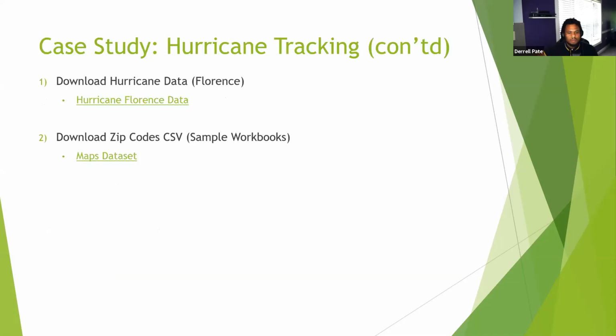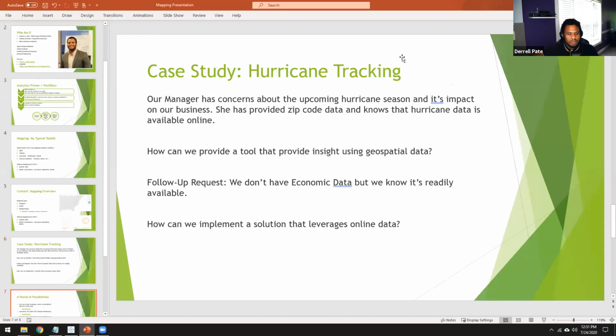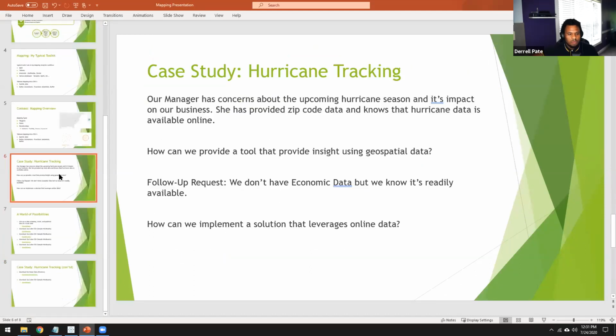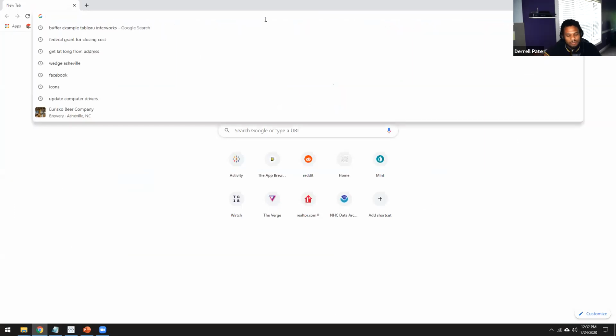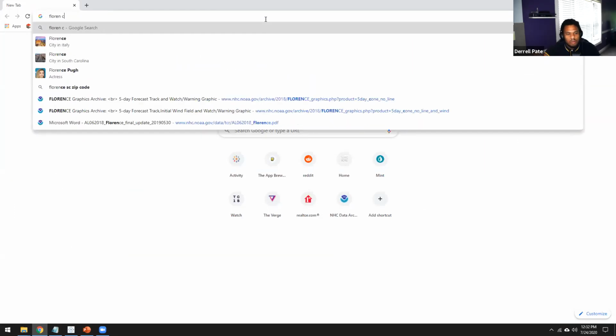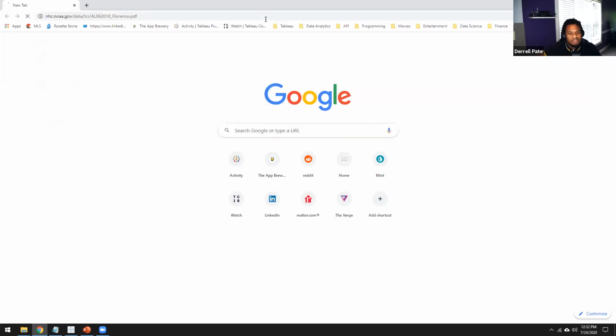With this, we can download the hurricane data. The way that we can look at the hurricane data that we have, we'll need to go to NOAA, which is a website that allows you to look at the latest and greatest hurricane paths. And I'm going to look at Florence because this is the last hurricane that I remember that has touched North Carolina borders. It was a very devastating hurricane. It did a lot of damage to our coast. And this is a place that we can really look at